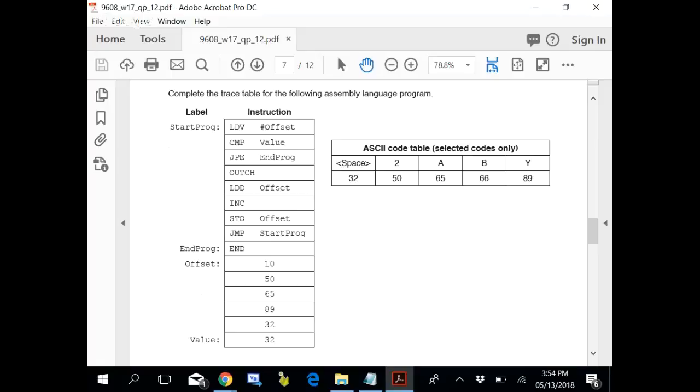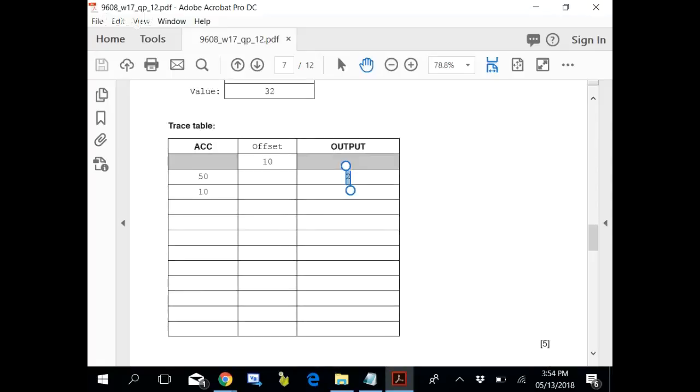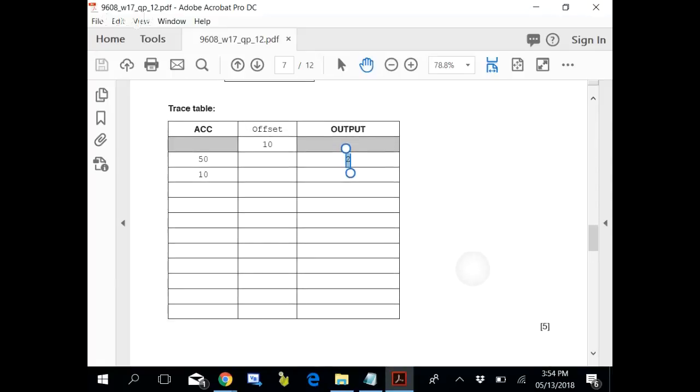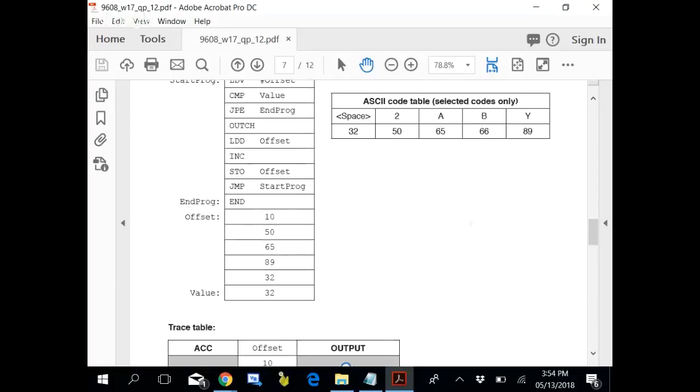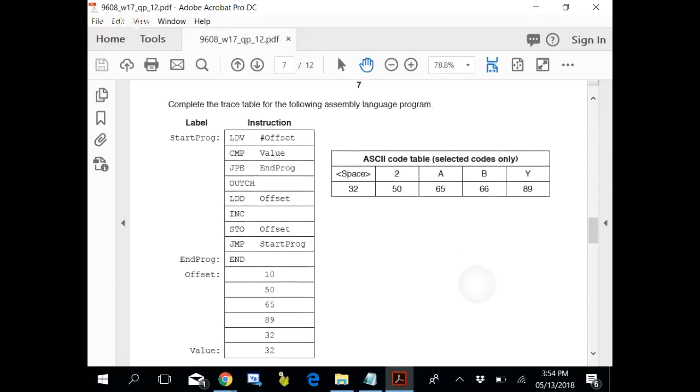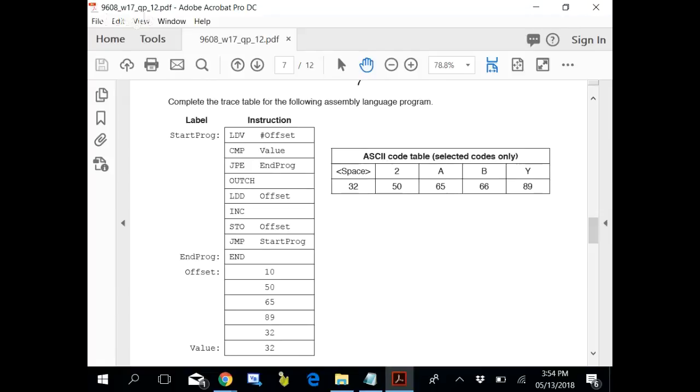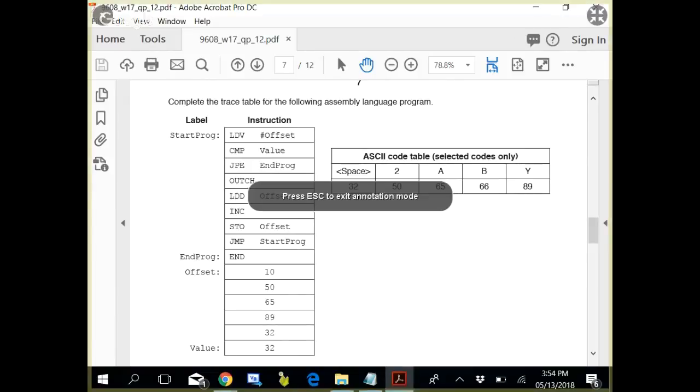Now, let's first solve it. Offset is 10. Where do we use offset? Do we use offset as an index, or do we use offset as a variable? So here it is being used as a variable, although it is called offset. Okay.